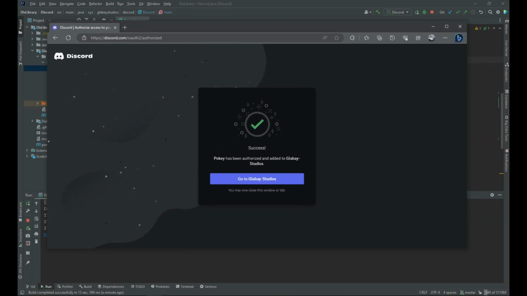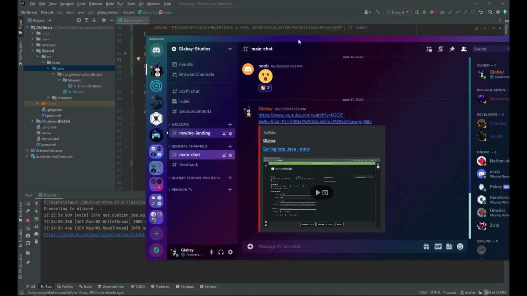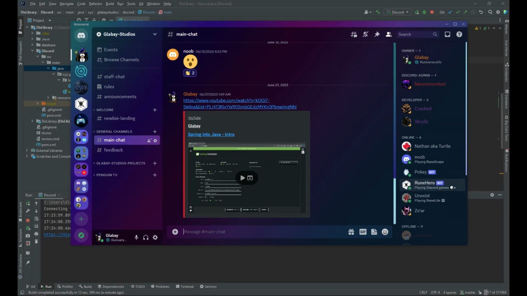And we have successfully added the bot to our server. Let's go and have a look at that. Looks like we have him here. Pokey has arrived on newbie landing. You can see that Pokey has his little Discord bot badge next to his name, and he looks pretty happy